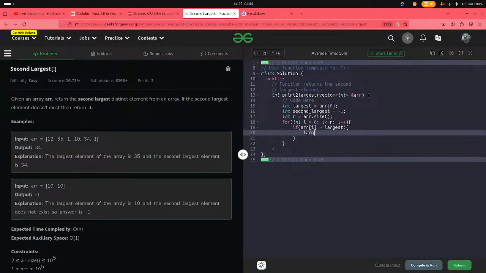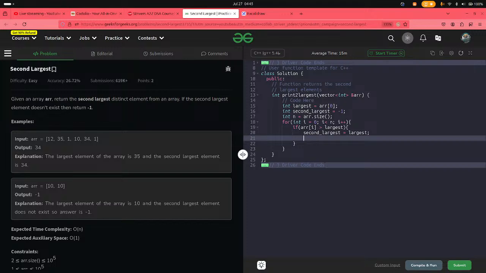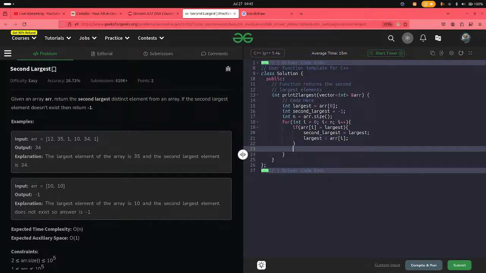The largest value will go to the second largest, and the current value of the array will go to the largest. So largest goes to array of I. Awesome. If that is not the case, do